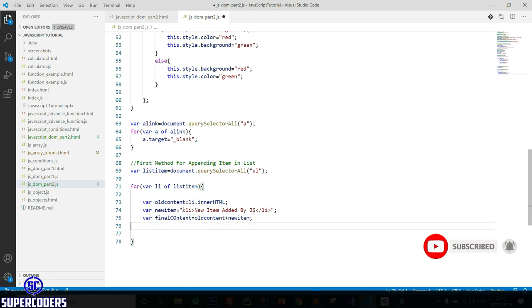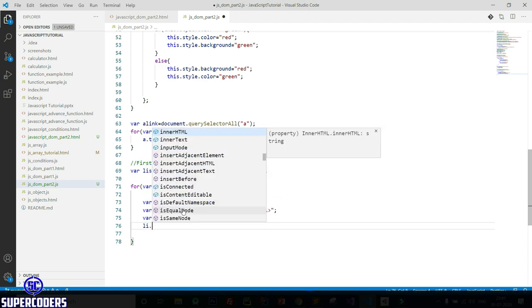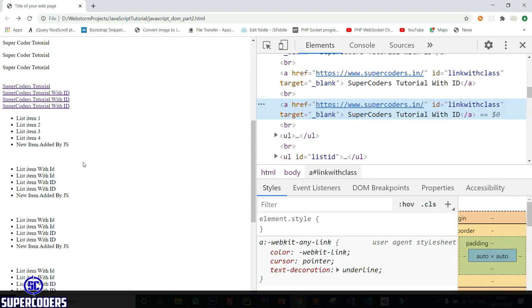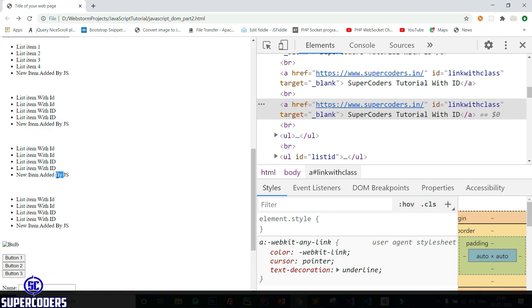Then set this to li, so li dot innerHTML equal to final content. So let's run again, and you can see new item added by JS. So this is the first method for adding HTML content in HTML contents.